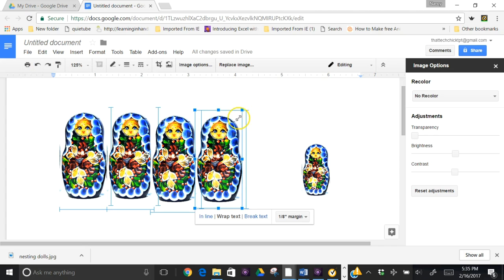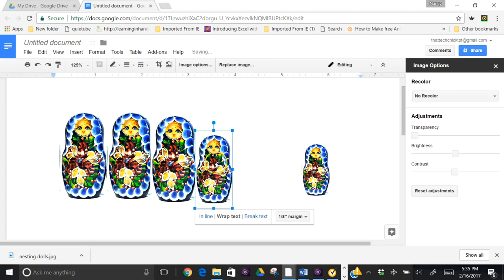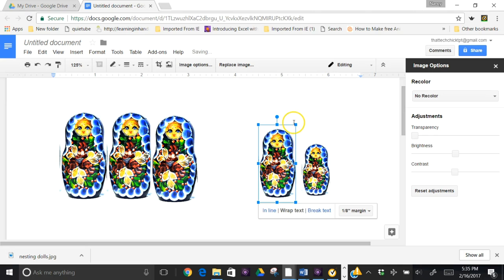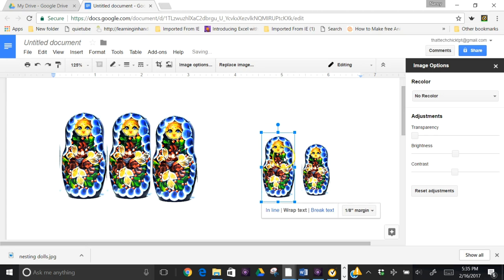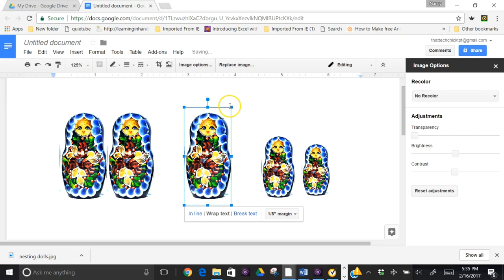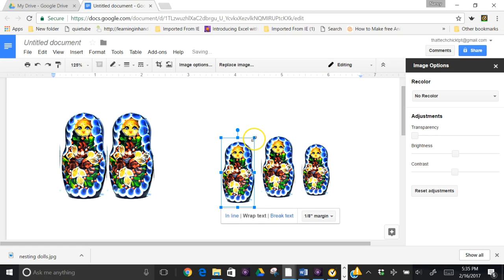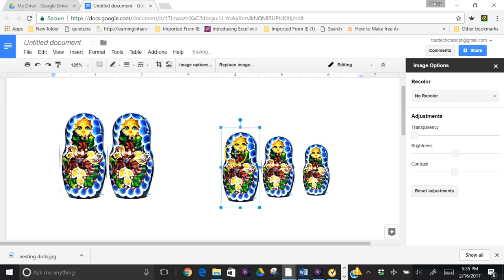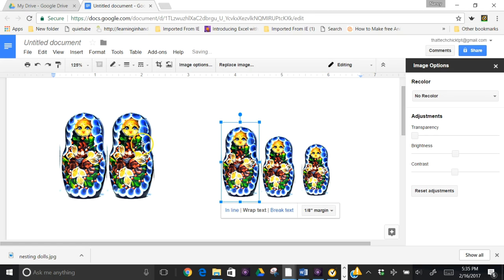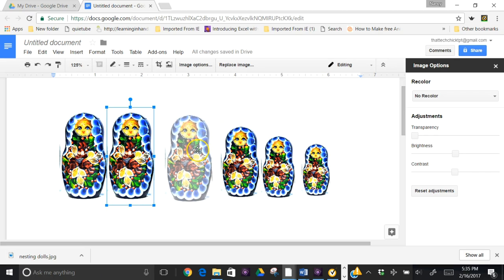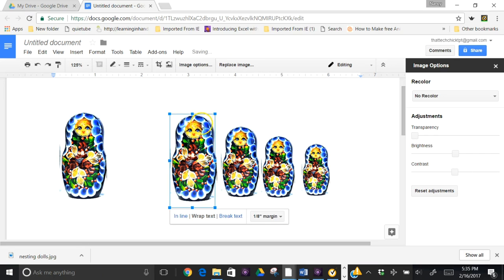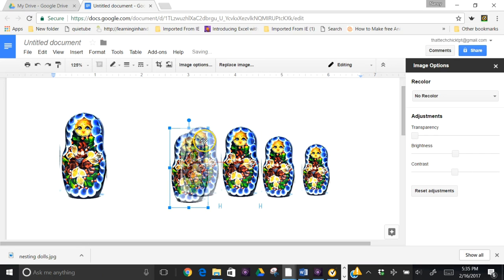So again, if I wanted to make nesting dolls, I'd make her a little bit, let's see, maybe a little bit smaller for this one to fit inside. Take my next doll and do the same thing until I got them all exactly the size I wanted them. And sometimes it takes a little practice, it takes a little fine-tuning, like I didn't get that one exactly right the first time. So if you get exasperated and frustrated, take a deep breath, use your Edit Undo or Control Z,